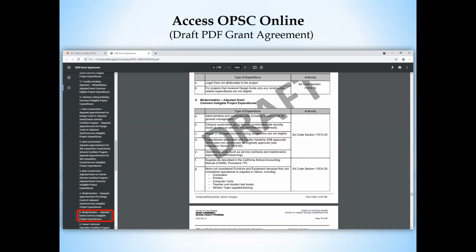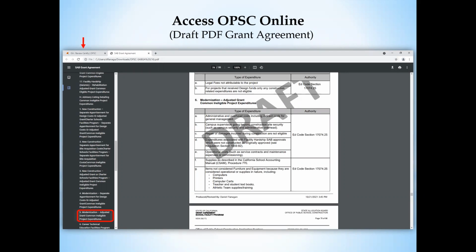Once we're done at the very end and you want to download and print yours, typically a grant agreement is around 35 to 40 pages, not the full 98, because a lot of those tables at the end have to deal with all the different type of projects you may have. But you can use those bookmarks to go specifically to whichever eligible table or ineligible table, as the case may be.